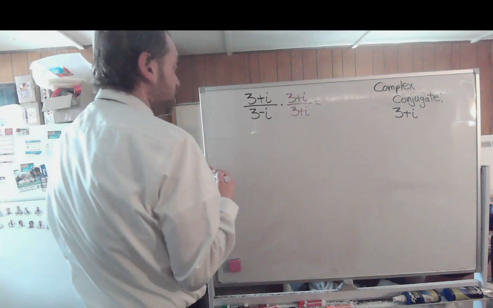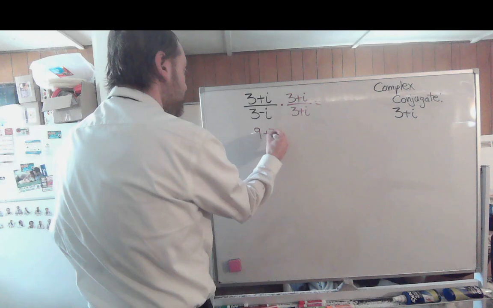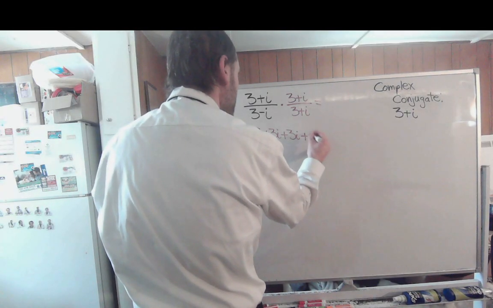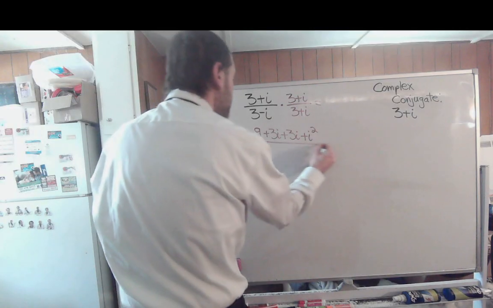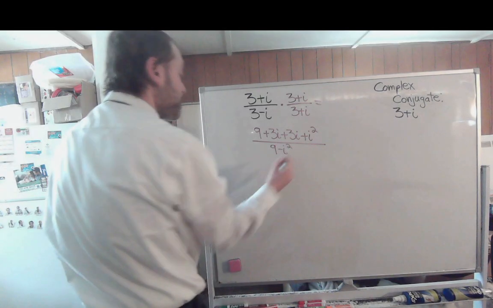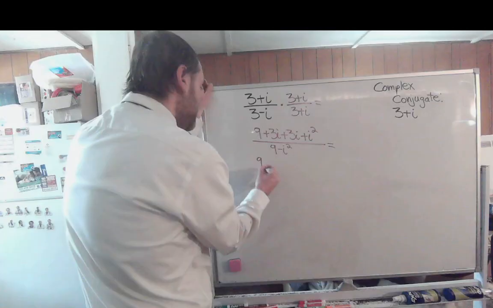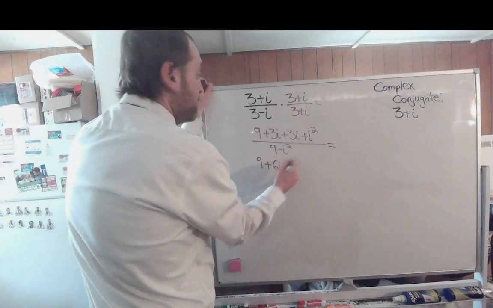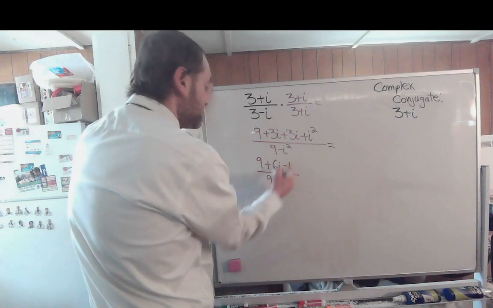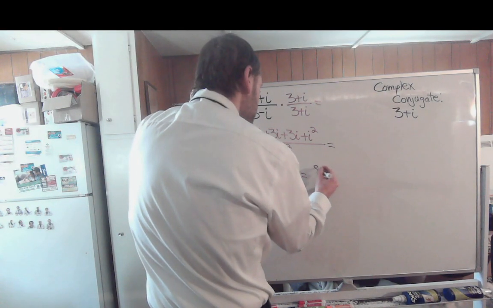Alright, so let's FOIL the top. 3 times 3 is going to be 9, plus 3 times i, plus another 3 times i, plus i squared. That would all be over a perfect square, which would be 9 minus i squared. Let's simplify the numerator. This would turn into 9 plus 6i. Now, what's i squared? That'd be minus 1. All over 9 minus i squared, so that'd be minus negative 1, which would be equal to 8 plus 6i